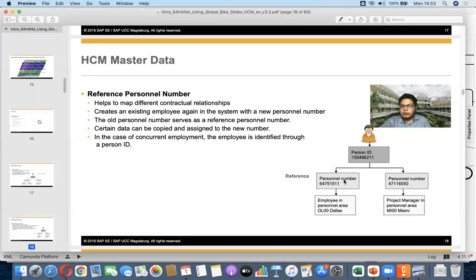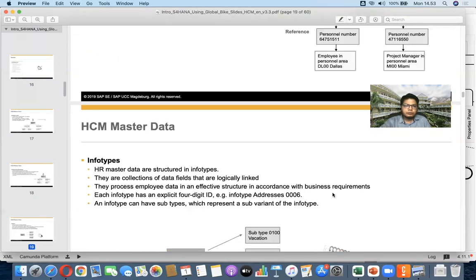So perhaps someone is hired in the beginning in Singapore, and after he has worked there several years, there is an open position in Indonesia, and he is moved to Indonesia and works there. He might have two different reference numbers, and he might return again to Singapore. As long as it's active, that's the case.